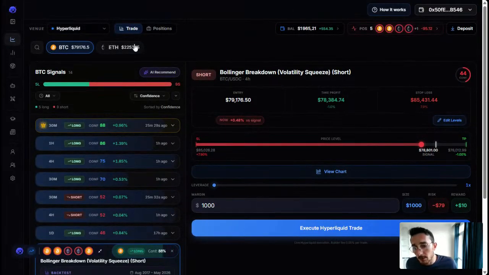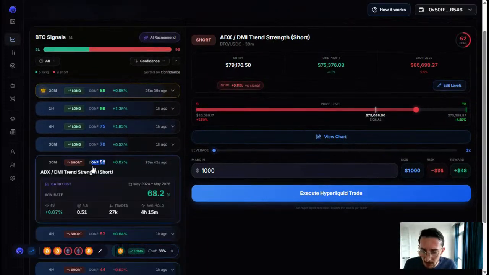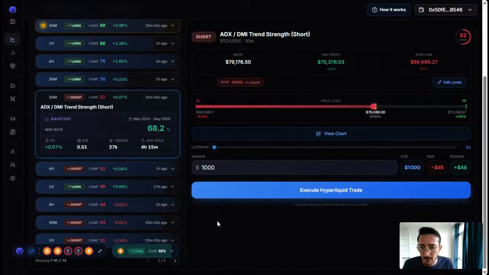That's why I always look first here at the amount of long versus short signals. And I also look at the shorts. Even if they have a bad confidence score, it doesn't mean that they don't carry an indication. Usually the shorts have a bad confidence score and bad EV, but they have a very, very high win rate because they are tight. And so they give a very good indication on short-term price action. So that's something you should also pay attention to.